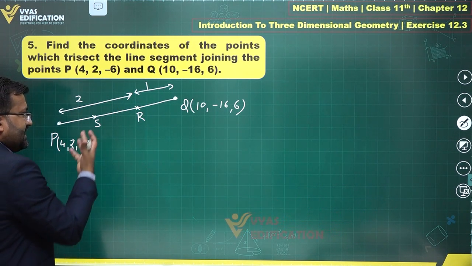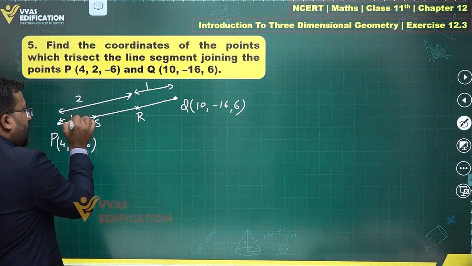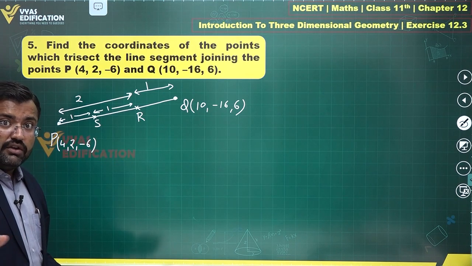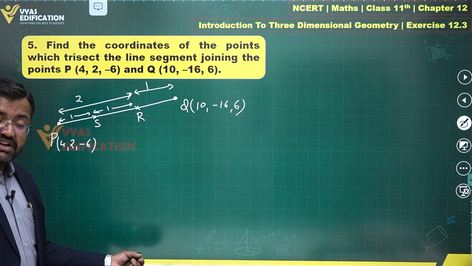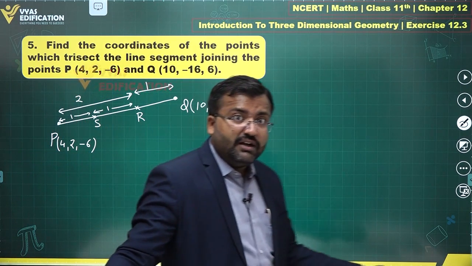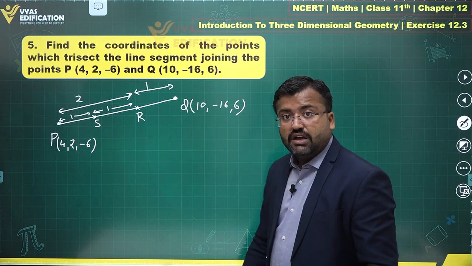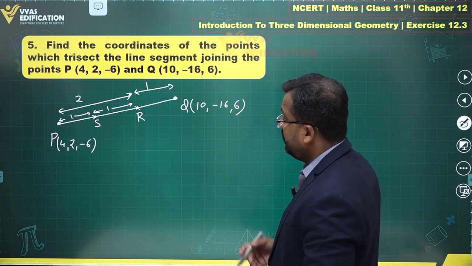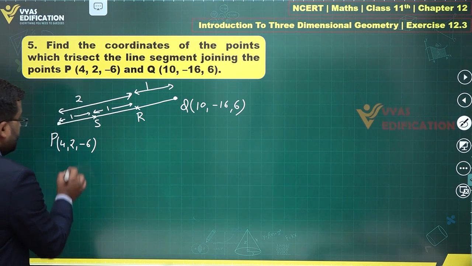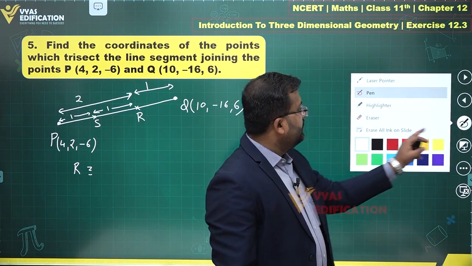For S, once we find R, we can use a simple idea. What's that? This ratio is 1 is to 1. Once you find R, you can find the midpoint of P and R, which is simple: (x1 plus x2)/2, (y1 plus y2)/2, (z1 plus z2)/2. That's pretty simple. Let's focus and find R first of all. For finding R, we are given the ratio 2 is to 1. So the coordinates of R will be